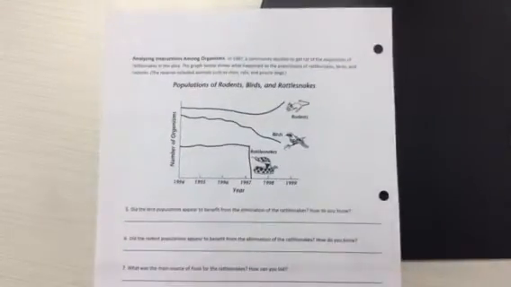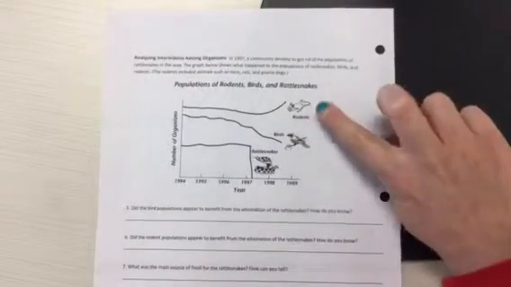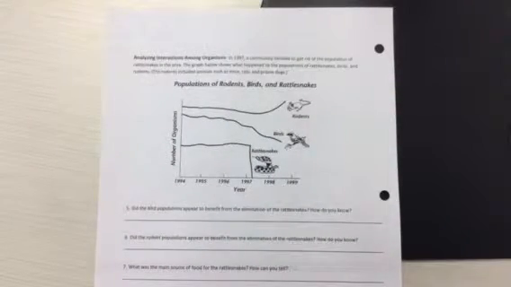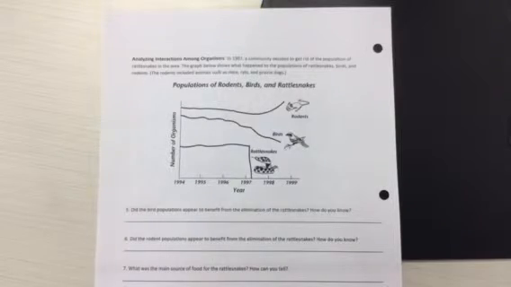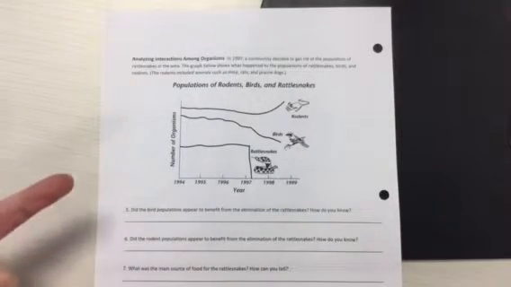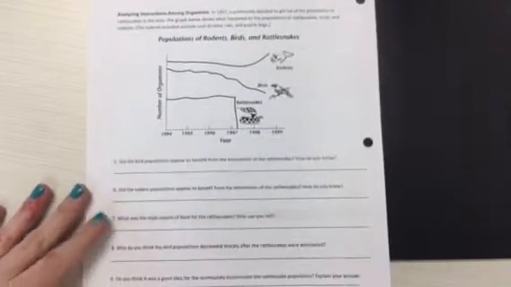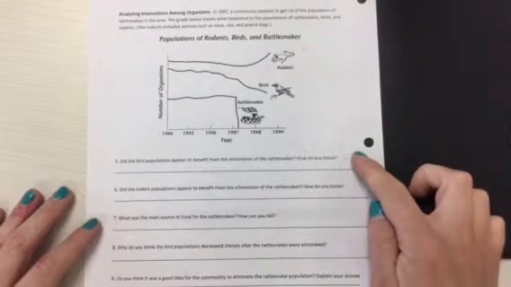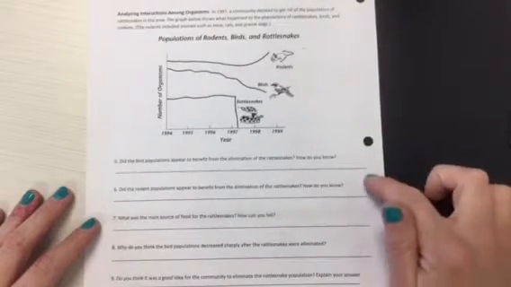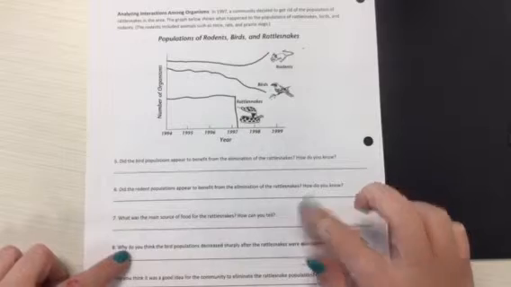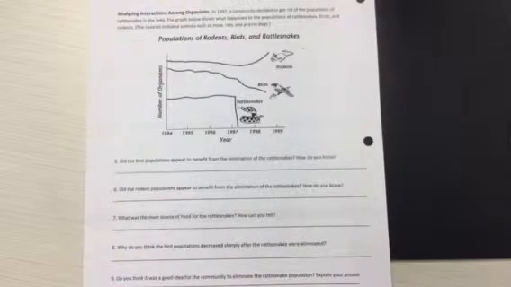Backside, similar, we have another graph that shows us rodents, birds, and rattlesnakes. You should be able to answer all of these questions looking at the picture. Make sure you pay attention to the fact that each of these questions says, how do you know? How can you tell? Why? Okay, you need to make sure that you're giving me more than just a yes or no, an increase or decrease answer. You need to explain your reasoning. It does not have to be a complete sentence, but you do need to make sure that you're explaining